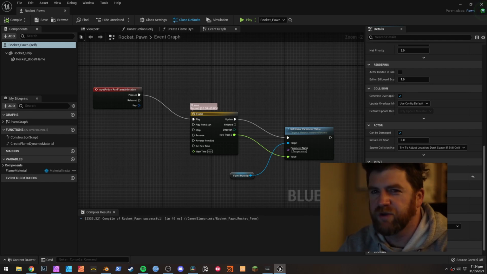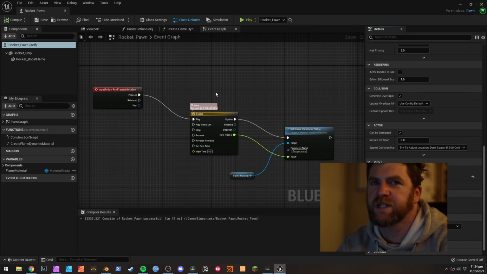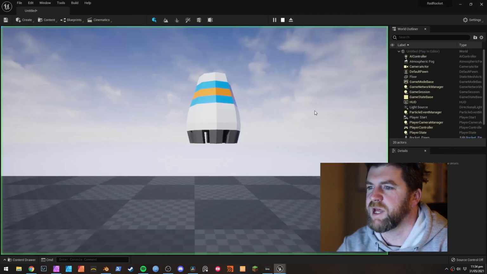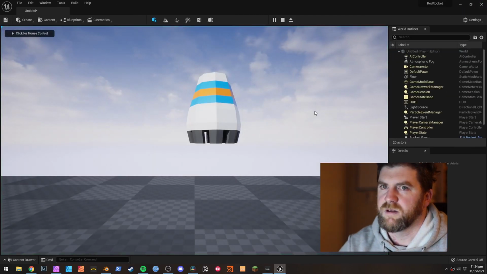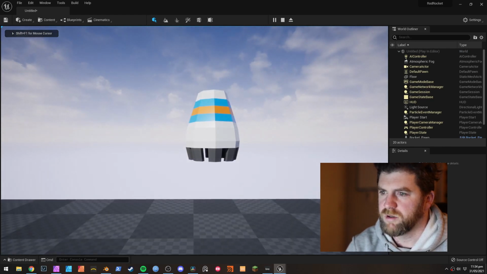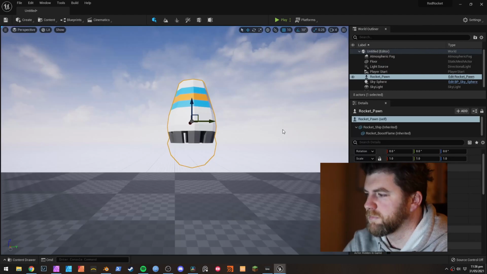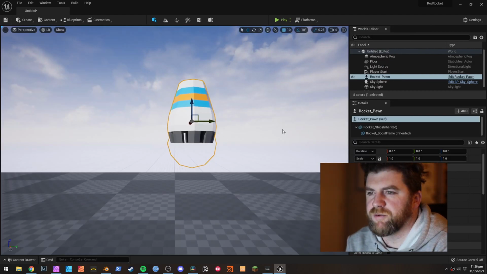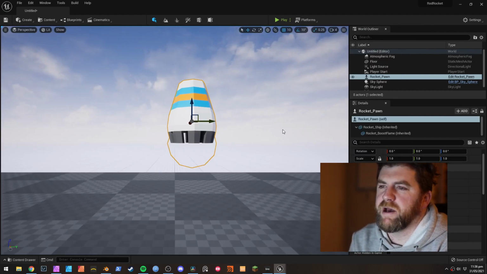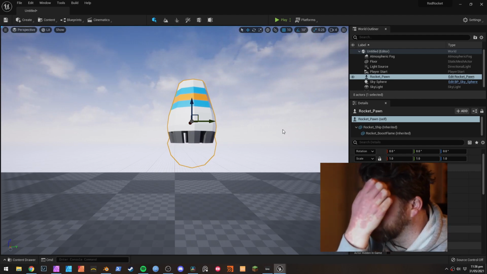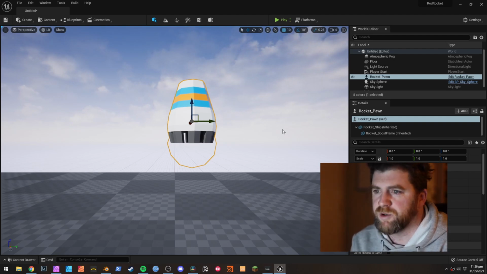You would normally do this a different way if you were actually creating a game rather than just trying to show off an example. So let's see, play, mouse control. Oh. Now I'm in a lot of trouble remembering how I get this thing to take input so that when I actually push an action mapping, it goes to that particular blueprint, because of course it's much more complicated, but